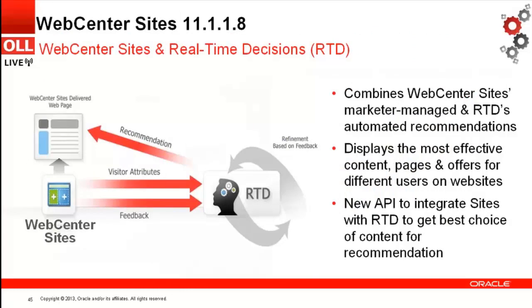Now, I touched on RTD, real-time decisions, earlier, and this is really powerful. WebCenter Sites has always been able to make decisions about the content it presents to somebody based on their behaviors, their browser, possibly even where they're located. So they get a very personalized experience, which is key to any good website. What RTD can bring to that is the ability to combine that with information from other systems. So that might factor in availability of items local to where that person is. It might factor in